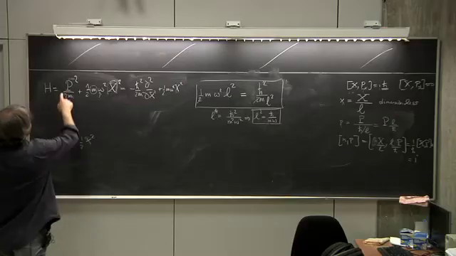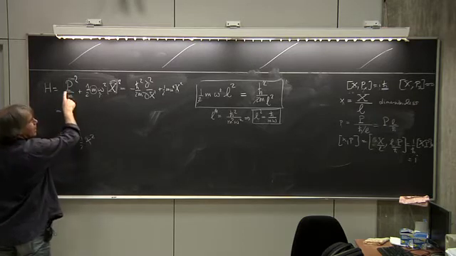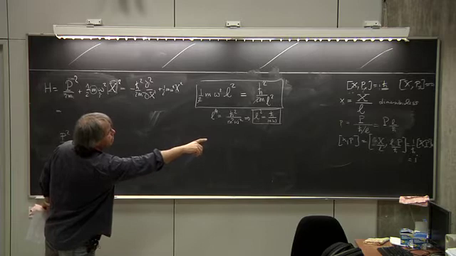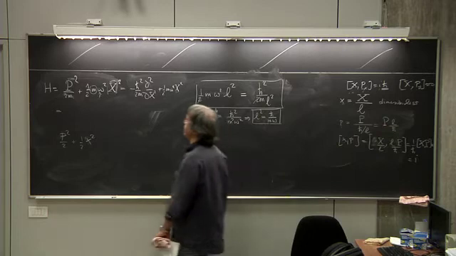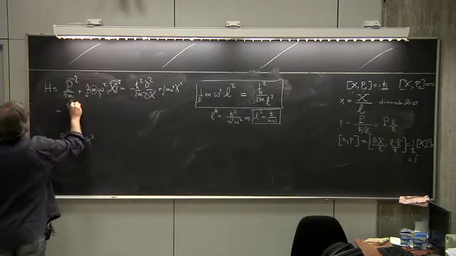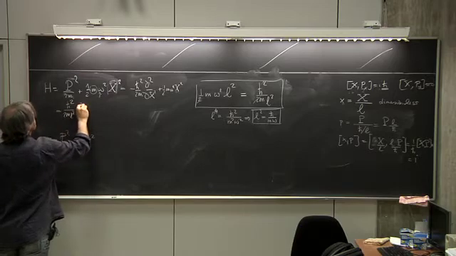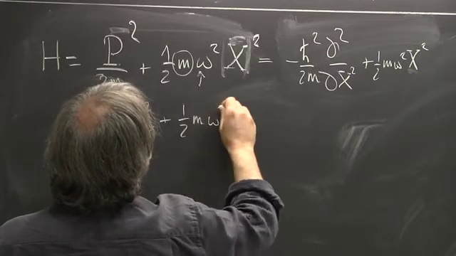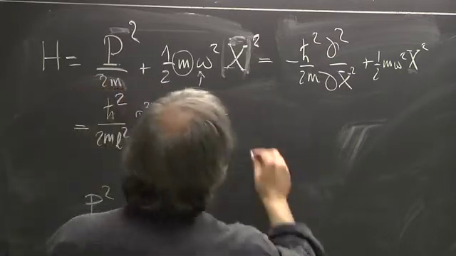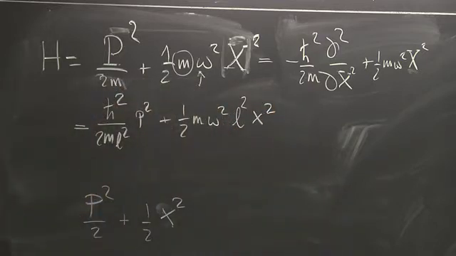For instance, p squared over twice the mass is equal to, well, p is just h bar over L small p, okay? So it's h bar squared over L squared small p squared, plus 1/2 m omega squared. Big X is equal to L times x, so this is L squared omega squared, okay? Now,